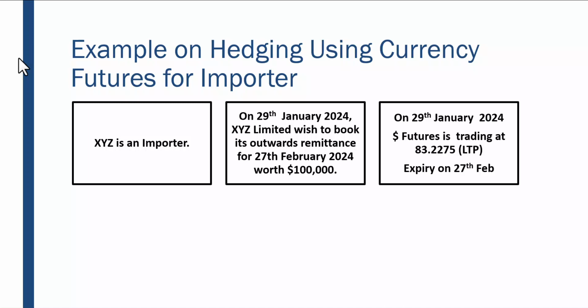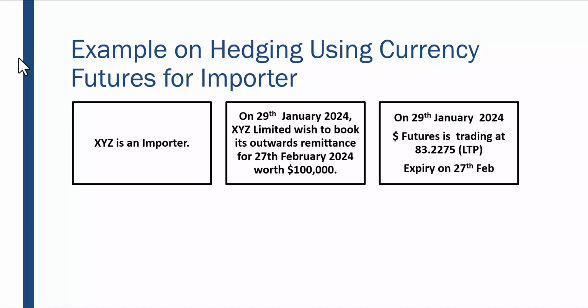Then he opened the stock exchange. He went to the National Stock Exchange on 29th of January 2024. Dollar future is trading at 83.2275. They are always trading up to 4 decimal places. So he found that